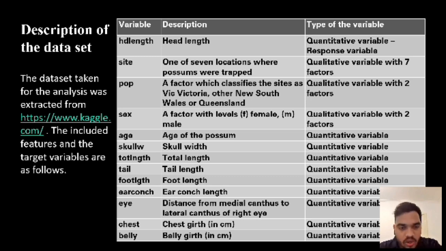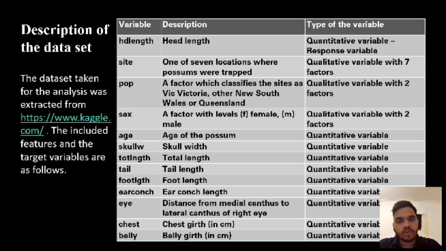So here we conducted descriptive and statistical analysis to uncover connections between the physical, geographical factors and head length, and our focus was to understand how these factors influence the possum's head length. We also analyzed and identified the relations between the physical features, geographical factors and head length. These findings provide insight into the impact of variables such as the skull width, total length, tail length, and other possum